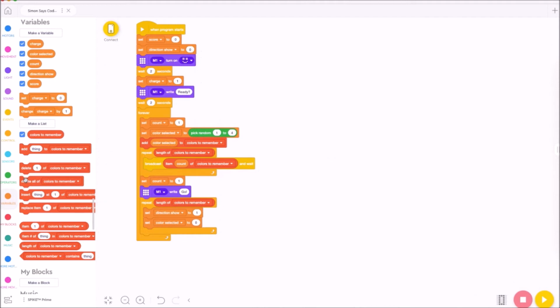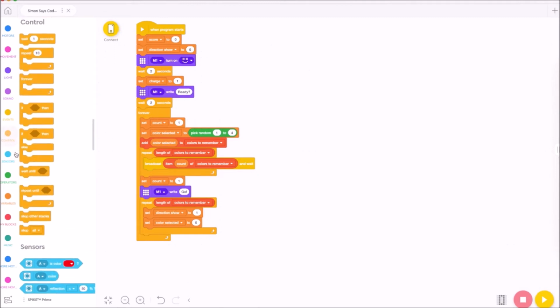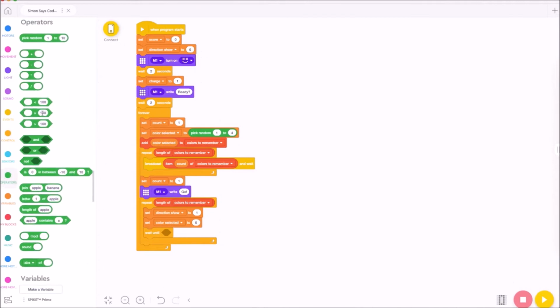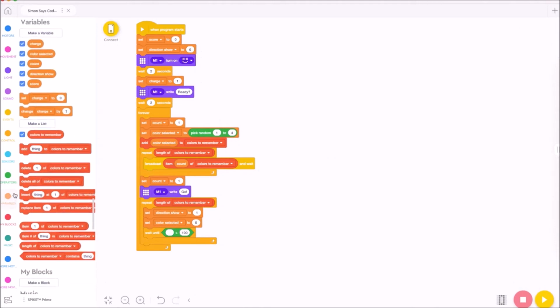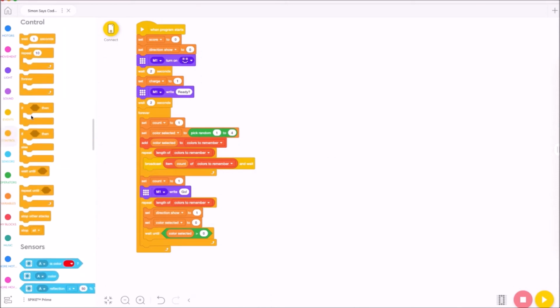Now what we're going to put in here is a wait until block. So it's going to go here, we're going to add this in, and we're going to put in an operator of greater than. And it's going to wait until the variable color selected is greater than 0. And while that's going, we're going to put in an if statement. And so if,